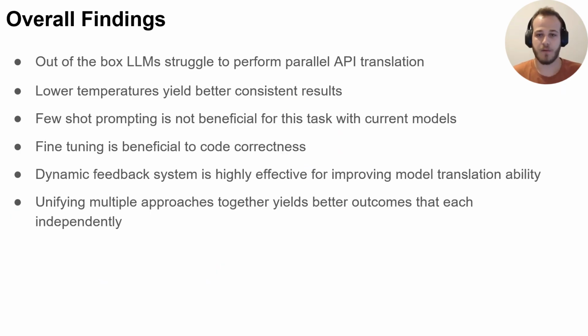Yeah, so to summarize what we looked at, we tried to look at base LLMs and how they perform for this translation task. And we see that by themselves, without any additions, they're not very good. So they get just under 50% compilation rate and just under 20% in the validation rate. But once you lower the temperature to make it more consistent, and you add in fine-tuning and even just a simple agent pipeline, the results jump up to 75% compilation rate and around 40% in the validation rate. So this gives us a lot of hope that maybe this could be the perfect solution that we're looking for to base our eventual translation pipeline on.